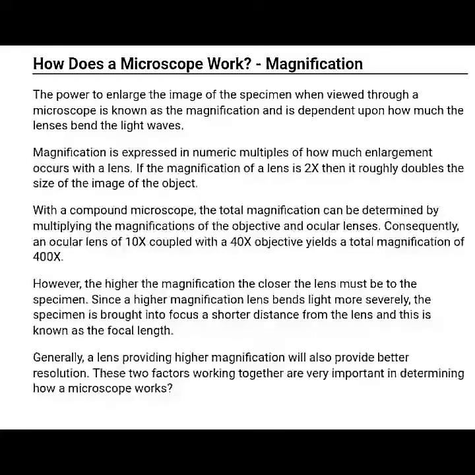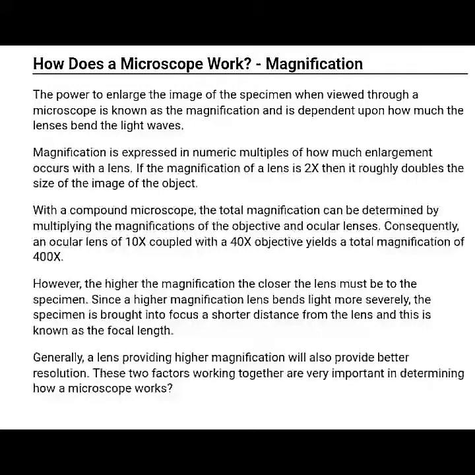Magnification. The power to enlarge the image of the specimen when viewed through a microscope is known as the magnification and is dependent upon how much the lenses bend the light waves. Magnification is expressed in numeric multiples of how much enlargement occurs with the lens. If a magnification of a lens is 2 times, then it roughly doubles the size of the image of the